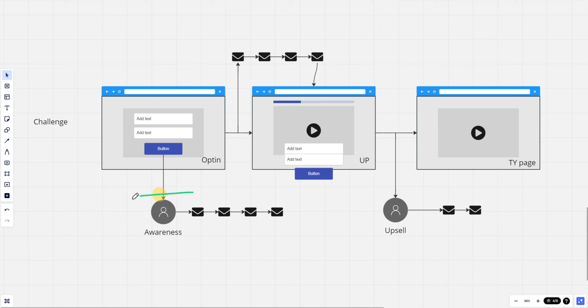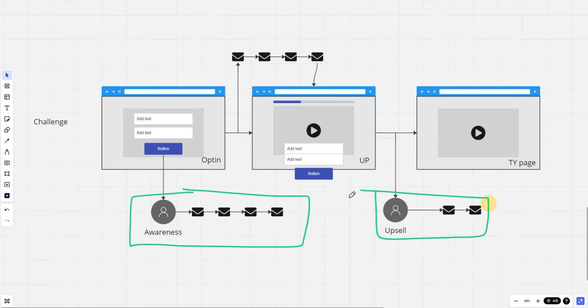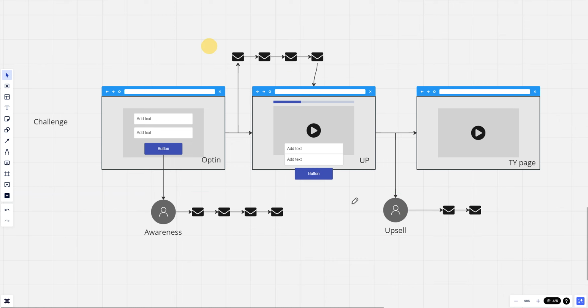And then create the awareness level and upsell and the nurture level, kind of back-end sequences, so that you can get a little bit more juice out of your funnel. So what I mean by this is, once they opt in, you send them a few emails. These emails are to warm them up for when the challenge is going to happen, right? So if the challenge is going to happen in 3 days or 4 days or 2 days or 1 day, whatever, you send them this sequence so they can stay in the line and they can stay curious and excited, joining the communities and participating and introducing themselves and all this stuff.